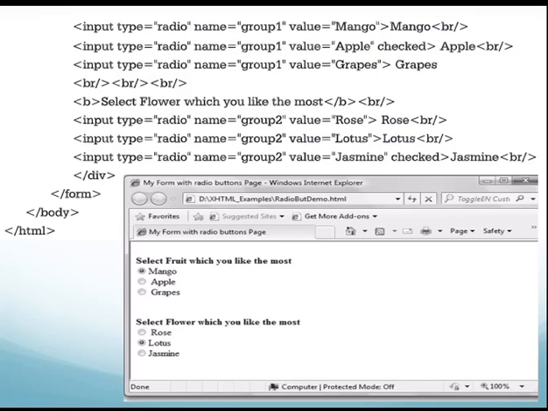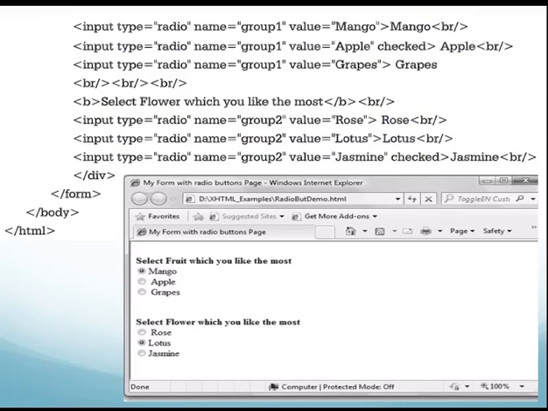Similarly, like fruits mango, apple, and grapes, another list is created which has three radio buttons: rose, lotus, and jasmine. Input type is equal to radio, name is equal to group2, value is equal to rose, text is given, then your break tag.